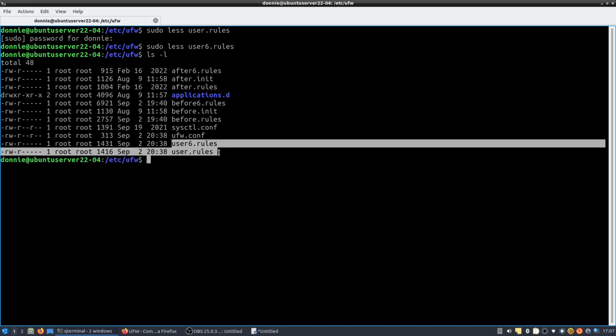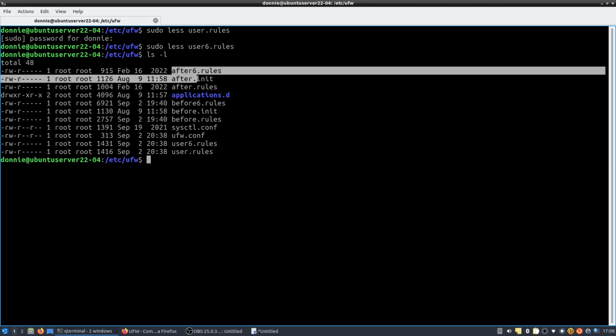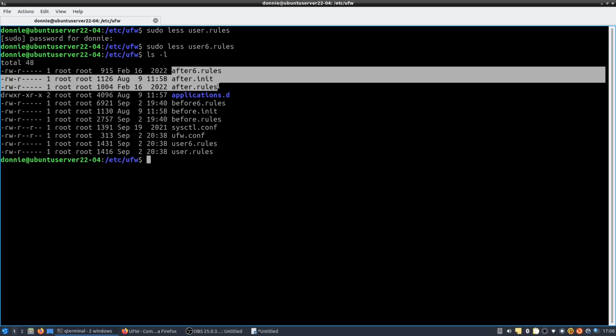So what we can do instead is use one of these other files. We have the before rules file and the before6 rules file, where you can add different rules which will be processed before the user rules. And then we also have the corresponding after files